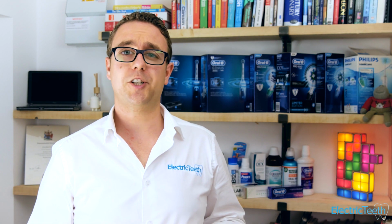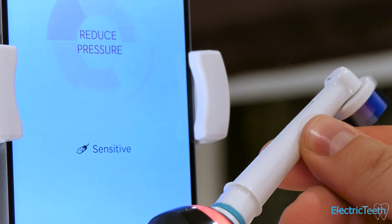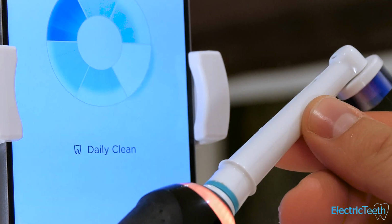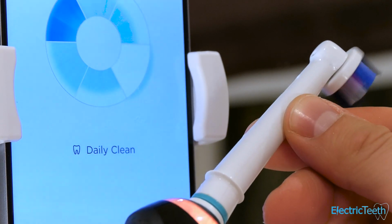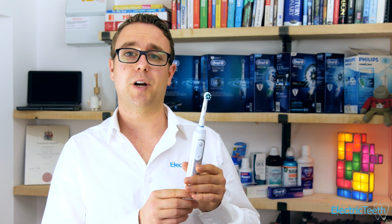You also have a pressure sensor, so if you're applying too much pressure to the teeth, the LED smart ring will illuminate red. You'll also get a notification in the app if you're using it, and that'll basically tell you that you need to reduce the pressure, and it avoids doing too much damage to the teeth. The brush itself will automatically adjust during that period to reduce the power going to the brush head until that